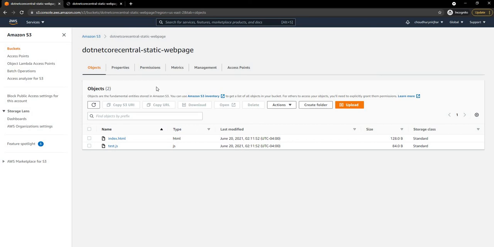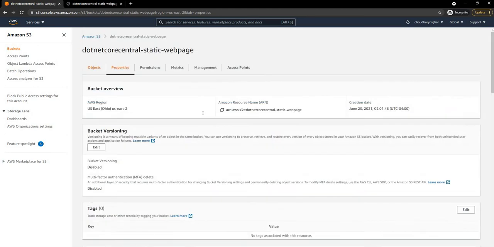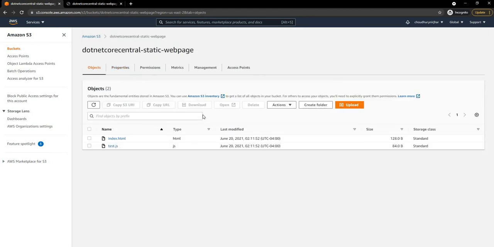CloudFront is a CDN, and we can use CloudFront to get data from S3 and show the content to the user. But for today's video, I just wanted to show how you can use just S3 to host a static website. So that's all you have to do, and as you can see, it's pretty straightforward.